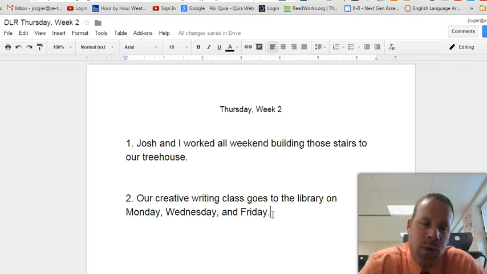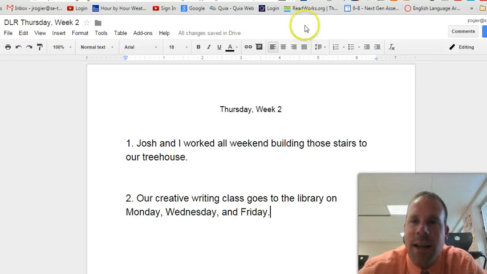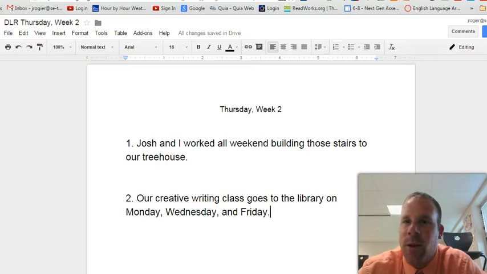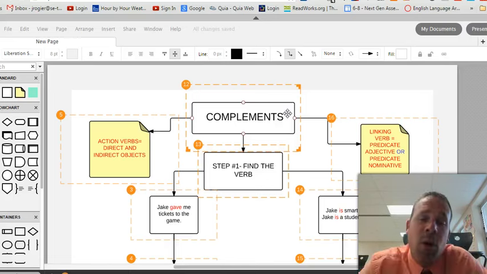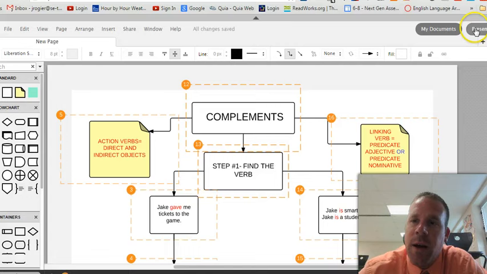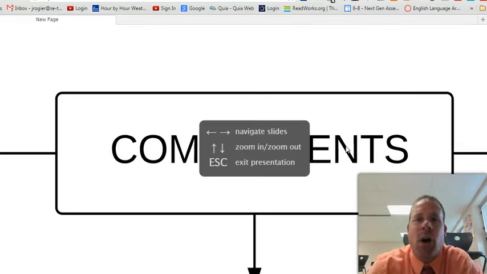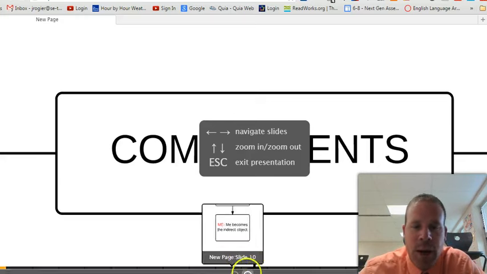I'm not going to go through this whole daily language review right now, but I just wanted to show you what it is that I do with that. And you can use it for all sorts of things. In the second area, I did the Lucidchart, and I did the subject complements, and I made the nice Lucidchart and everything. Well, maybe I want to share it with the students, and yet I want to go through it too. I'll go ahead and hit present on here, and I can actually talk into the screencast while the students are watching and I'm still walking around, and we're just going through it.